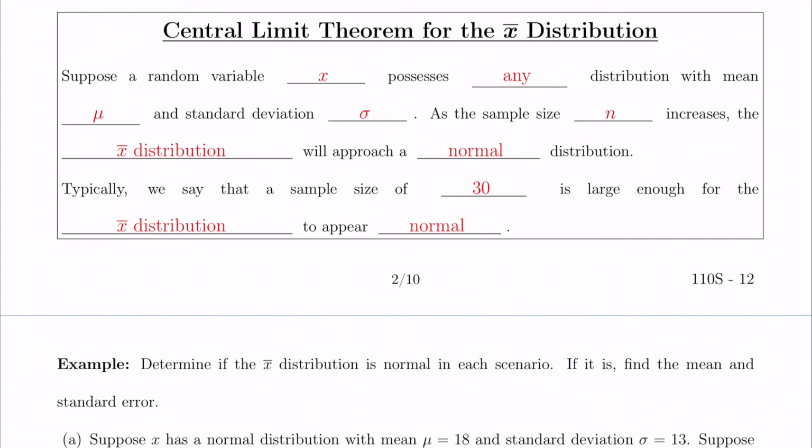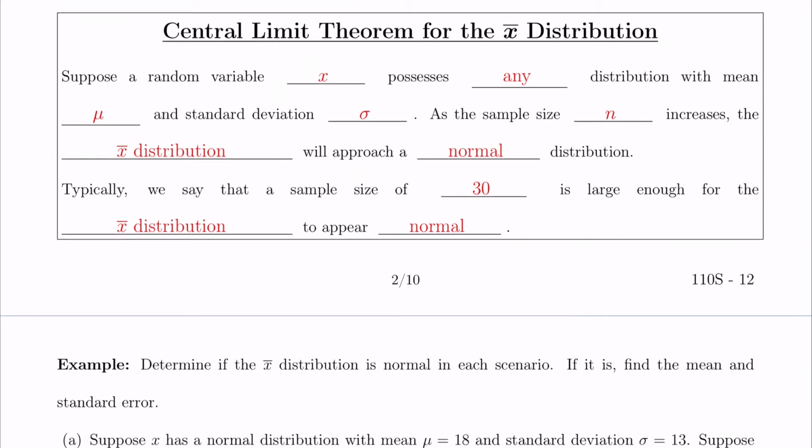In this video, I'm going to talk about when the sampling distribution for a sample mean is considered normal. In the last example with the fishing pond, we were told that the population was normally distributed. This guarantees that your x-bar distribution will be normally distributed as well. However, what if you don't know the distribution of your population? And typically you don't.